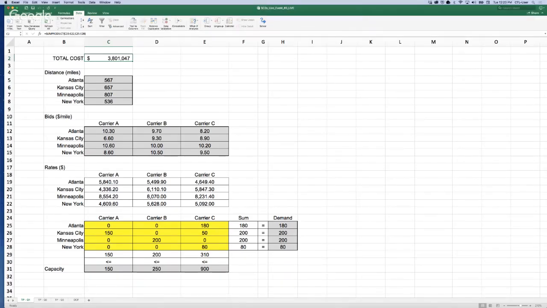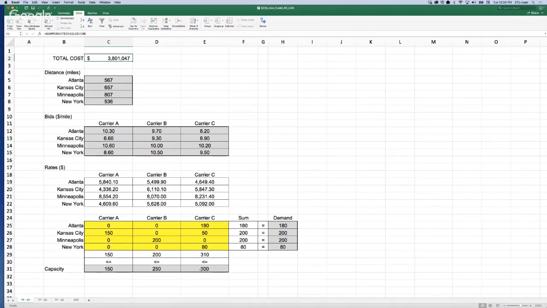Okay, just to make sure that we are fulfilling all the constraints, we take a look at the sum of the loads assigned to each of the lanes. So we can see that we are fulfilling the demand. And also we can take a look at the capacity to make sure that we are not exceeding the number of trucks available for each of the carriers.